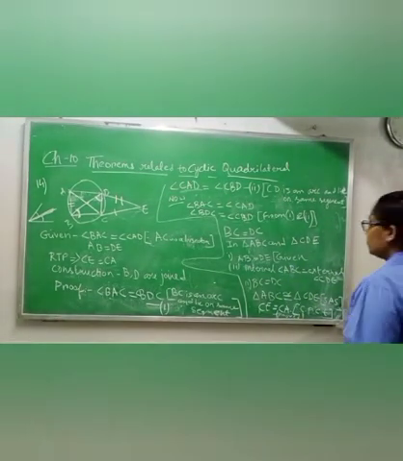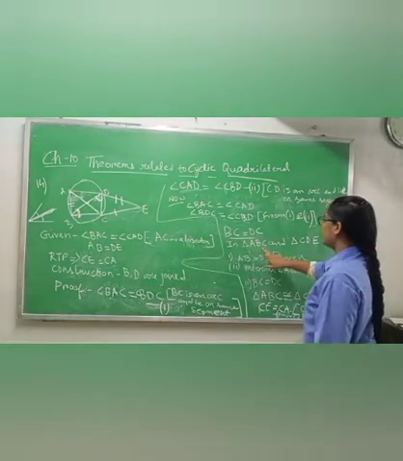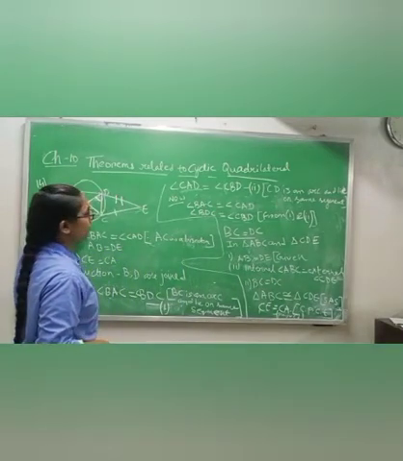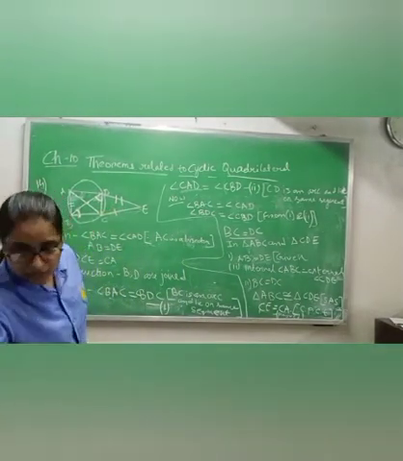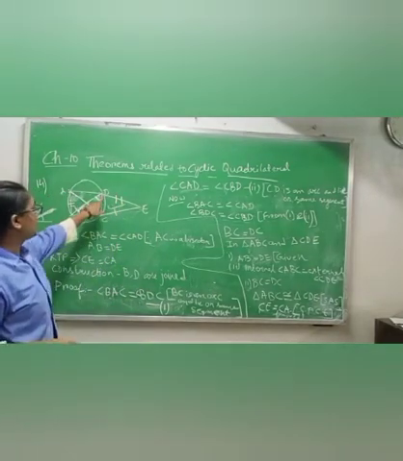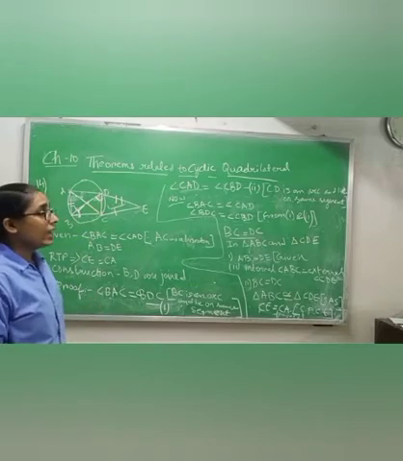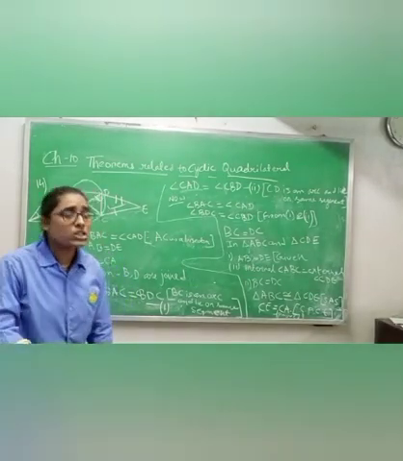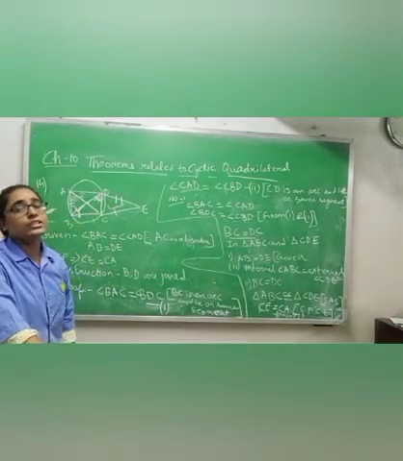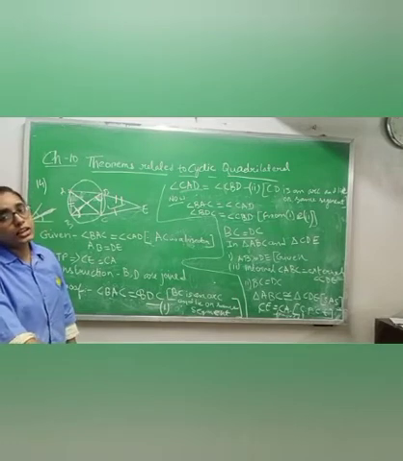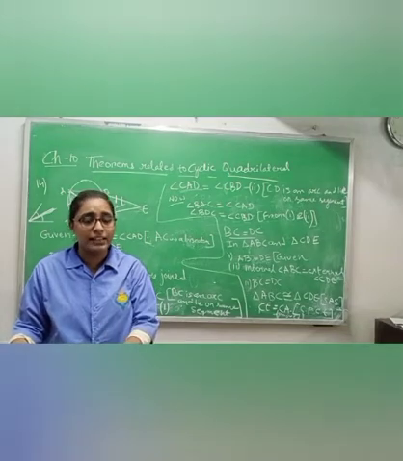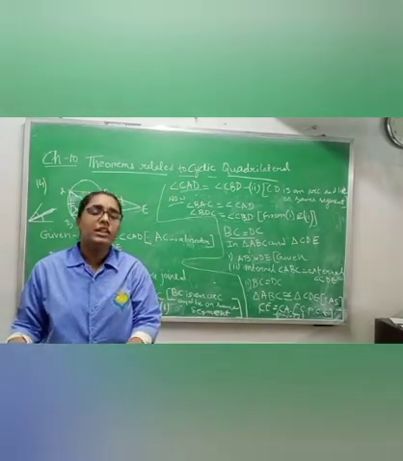Now we have to prove that triangle ABC and triangle CDE are congruent. Which two triangles am I taking? This triangle and this triangle, ABC and CDE. Why am I proving these two congruent? Because if we prove them congruent, then their corresponding sides or corresponding angles will be equal. Whenever we prove congruency, it means the rest of the sides and angles will be equal.